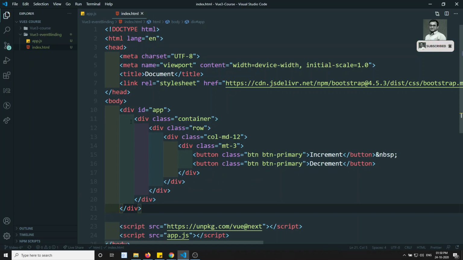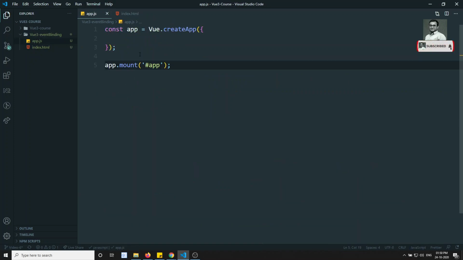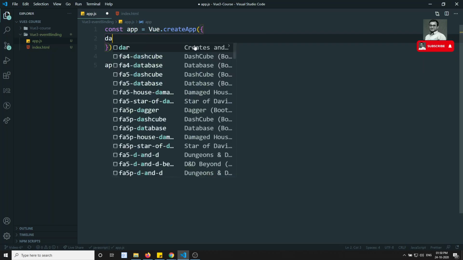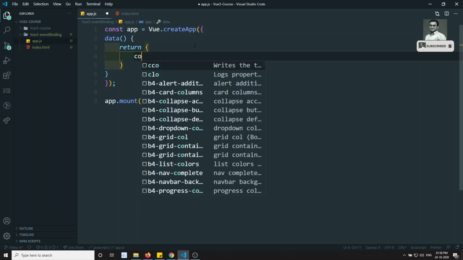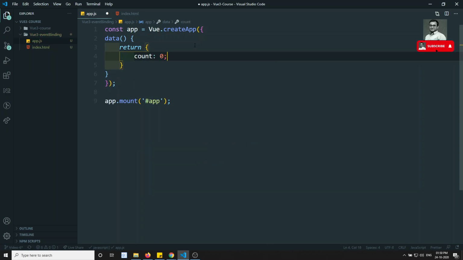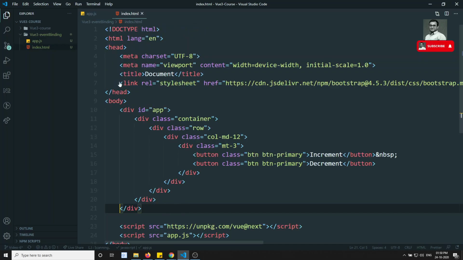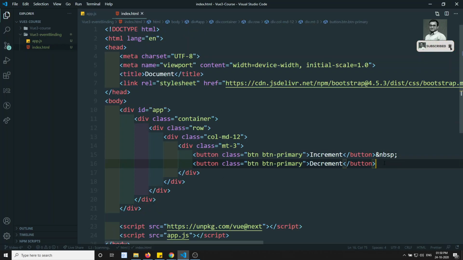Okay, so I have created a Vue.js instance, and here let's have one data variable. I can write return, and create one variable, count, which is 0. It's an object with one property, count, 0, and now I can use this directly here.